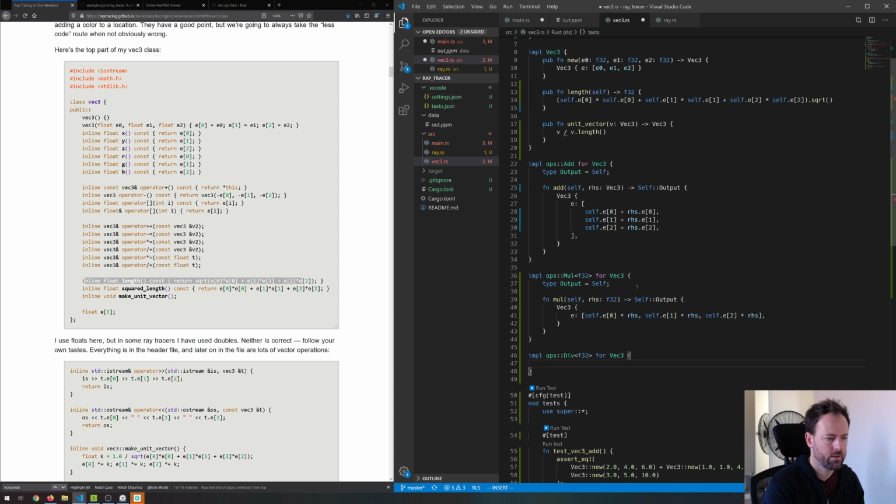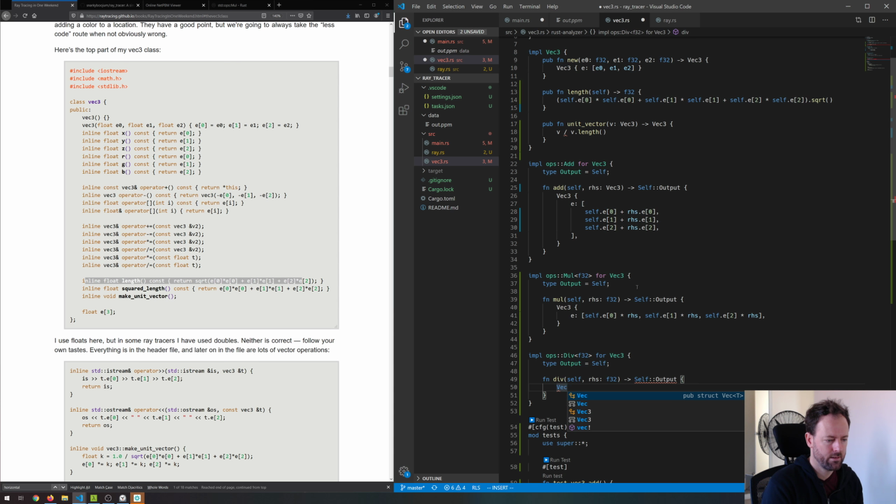Then we'll have type Output is Self, which is basically, you know, we're returning a vector. And then we'll need function div, I guess, self. I'm just assuming this is consistent, probably. And it returns this Output. And then what it should be is a new vector where e is, let's